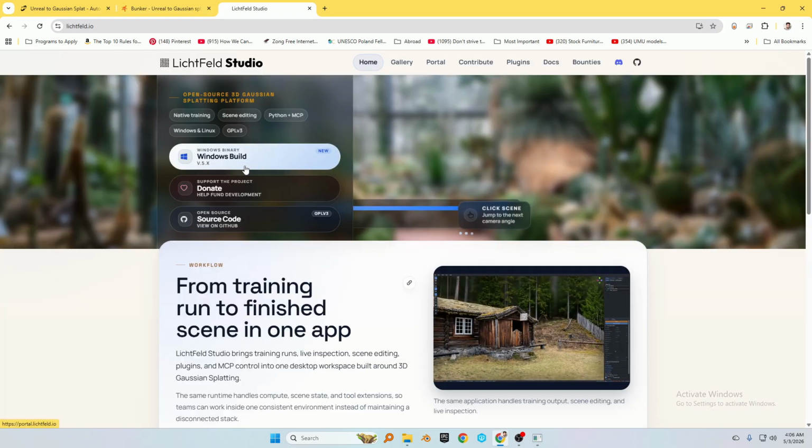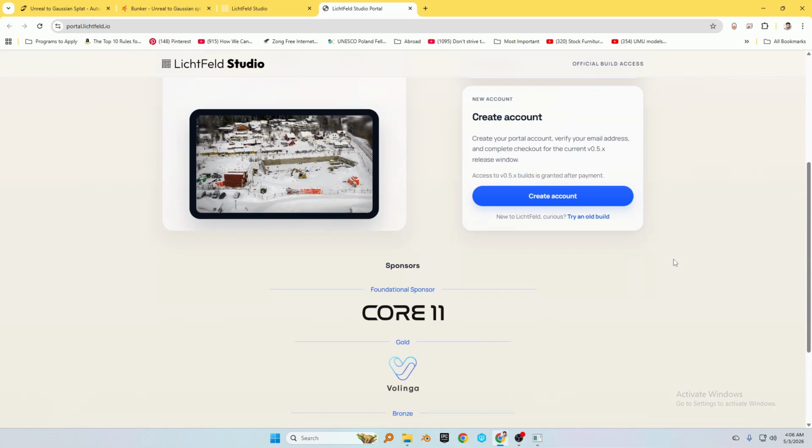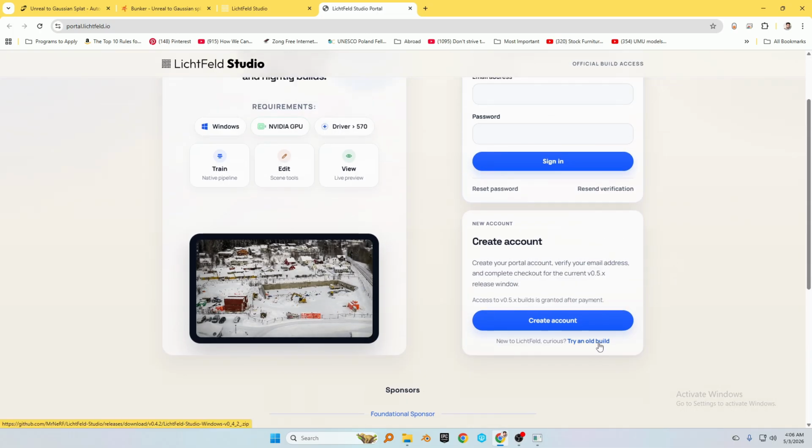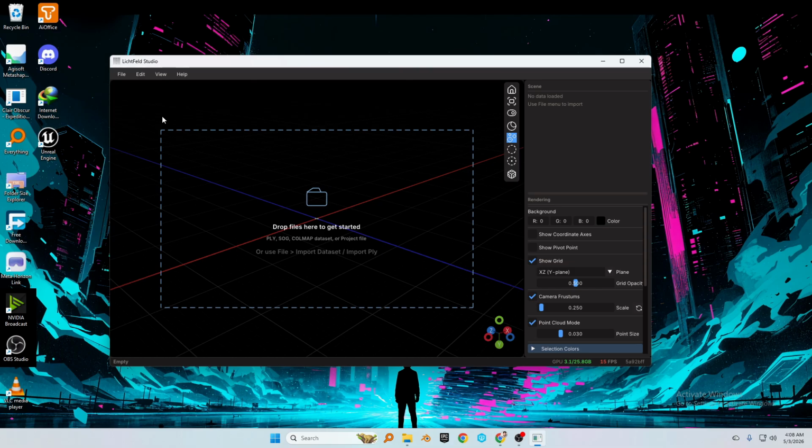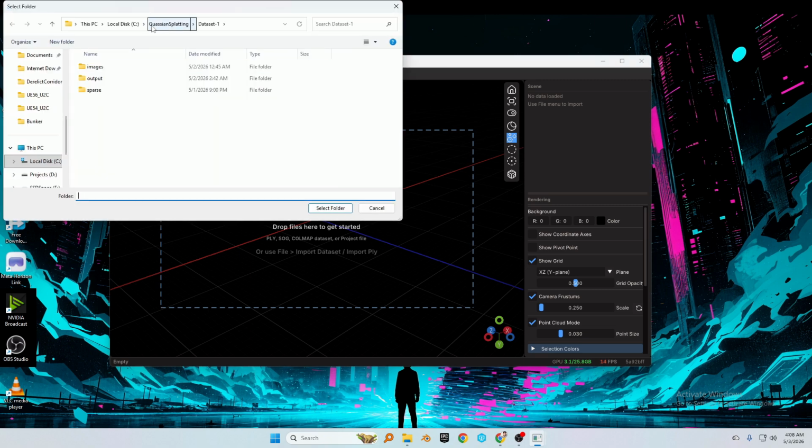In here, you have to click on Windows Build, and then if you look at the bottom here, it says try an old build. So you have to click on this one, and it will download a previous version which its founder is giving for free. Okay, once you are in Lichtfeld Studio, you have to go to File, Import Dataset, and in here